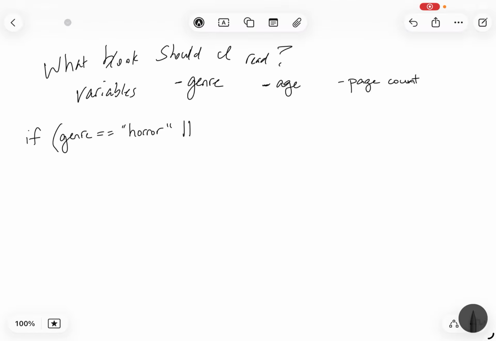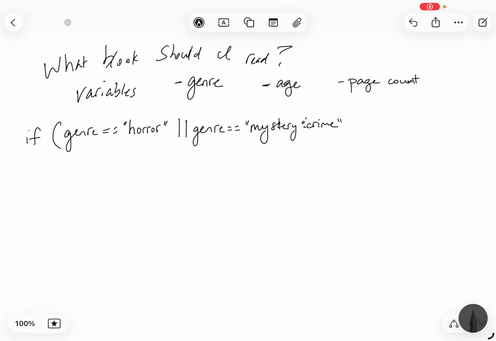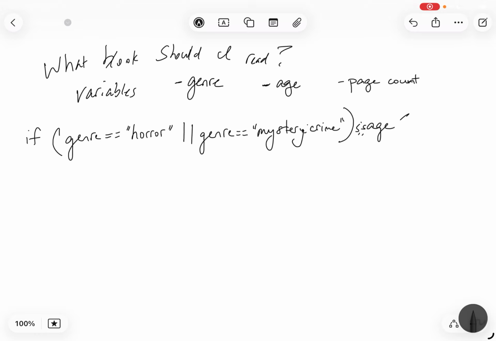So if my genre is equal to horror, or my genre is equal to, let's say, mystery and crime, and then let's say my age is less than or equal to 7. Okay, so if I'm looking for a horror or mystery and crime novel and my age is less than 7,